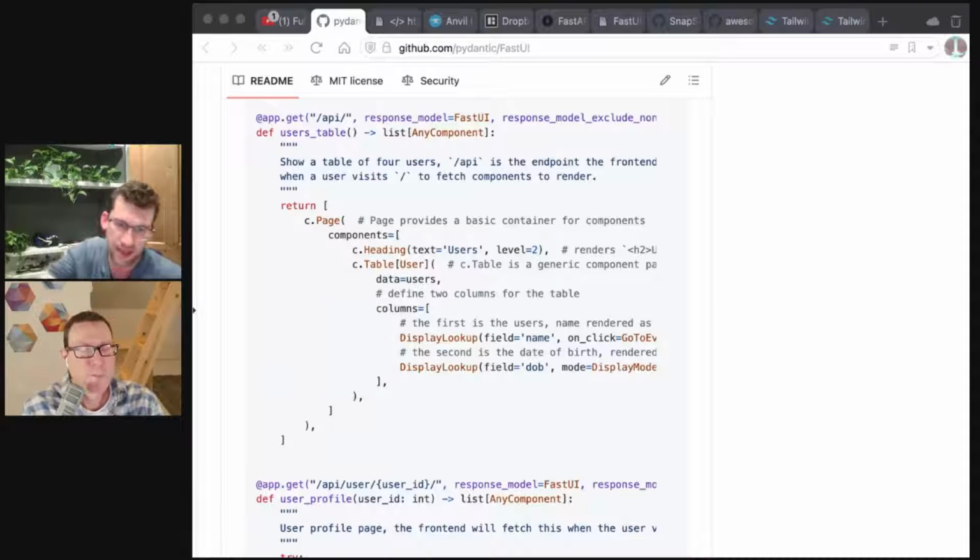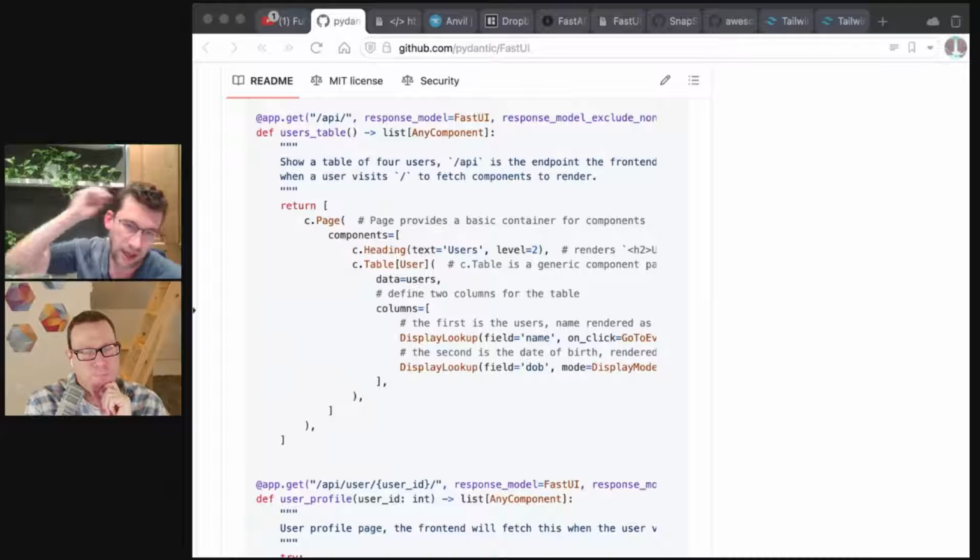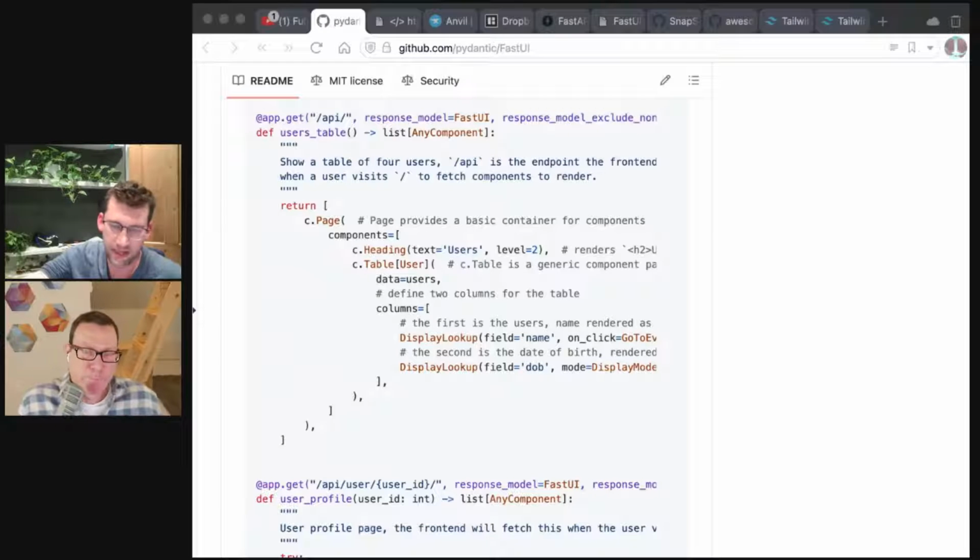So for example, here we have a heading, which almost one-for-one matches what you would do in HTML. We have the text that goes within it, and we have the level, which is slightly different syntax, but it's basically one-for-one matching an HTML tag. But then we have a table, which doesn't look very much like an HTML table at all. We're not having to explicitly define the table body versus the table head. We're not having to put in each column. There's lots of stuff here that is much less like it.